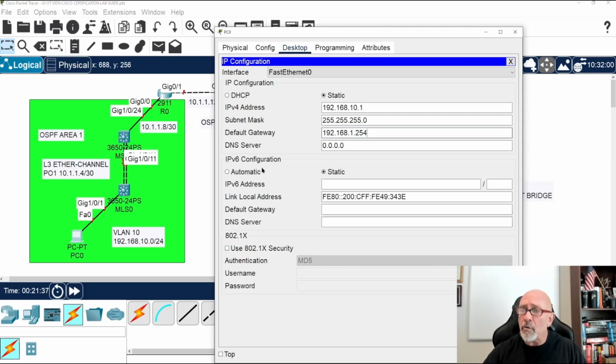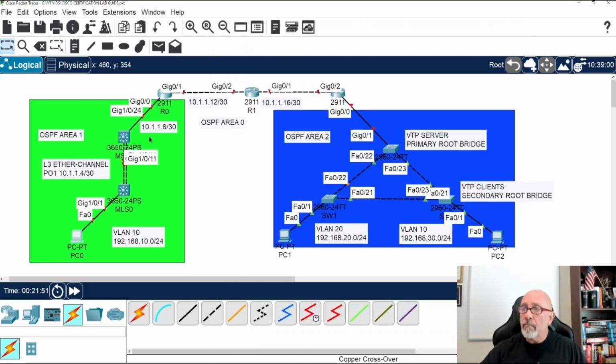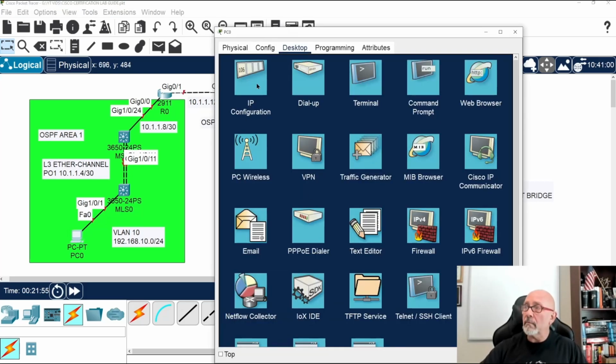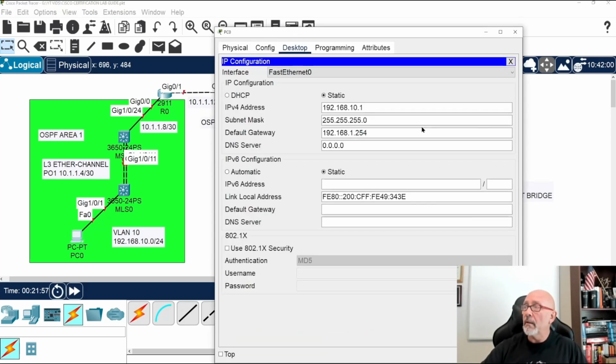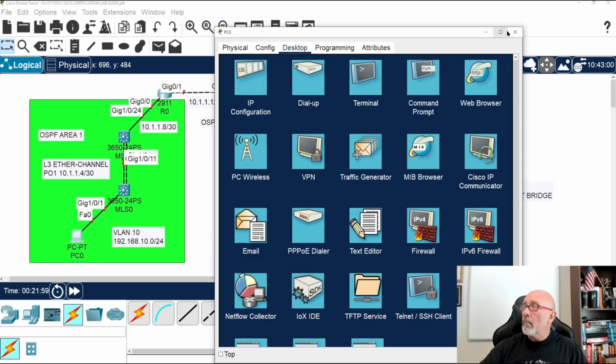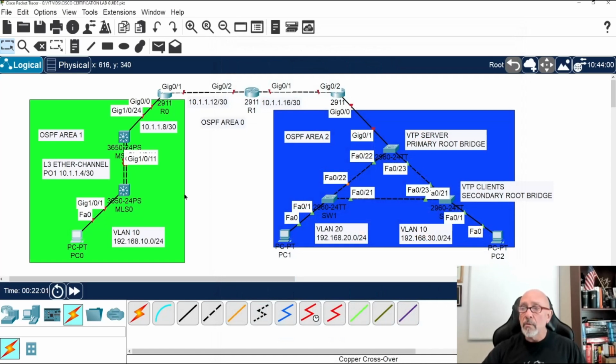192.168.10.254. So that means I'm giving this VLAN, this VLAN 10, which I'm going to create, an IP address of .254. That's called an SVI, a switch virtual interface. All right, so I'm going to do that. So now let me go to the switch. I did that for the PC, right? No big deal. There it is right there. Okay. And again, pause the video so you can see what I'm doing.